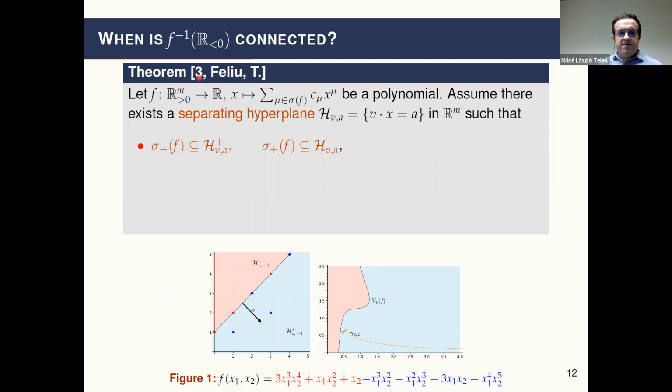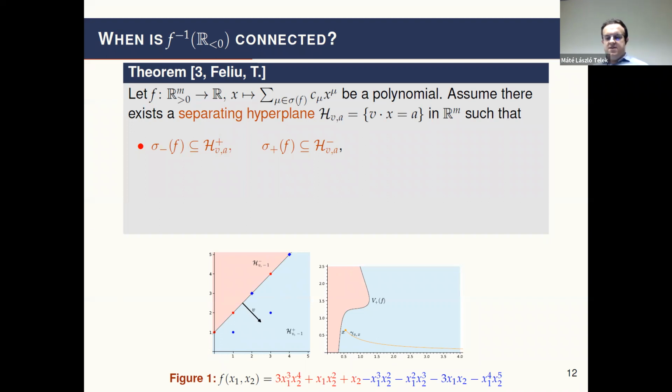So whenever I have a polynomial whose domain is restricted to the positive orthant, then I'm looking at the set of exponent vectors, and I want to split up the set of exponent vectors into two subsets. Namely, I want to look at the set of negative exponent vectors, and by those I mean exponent vectors such that the corresponding coefficient is negative. And the set of positive exponent vectors is defined the same way. That is all the exponent vectors such that the corresponding coefficient is positive. And here in the drawing, the blue dots correspond to negative exponent vectors,